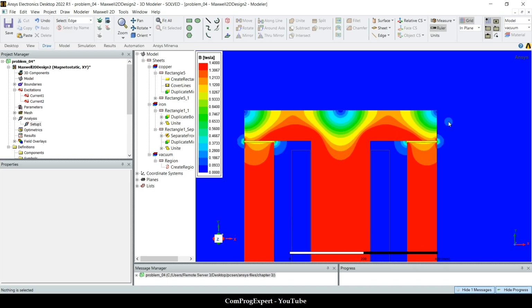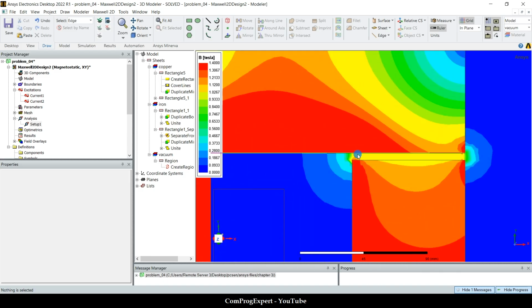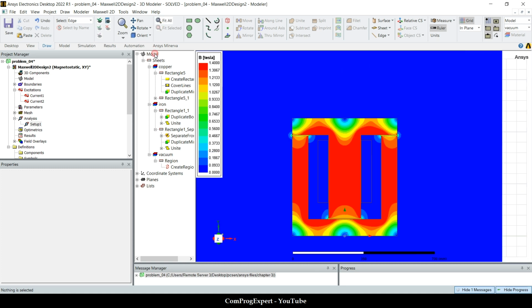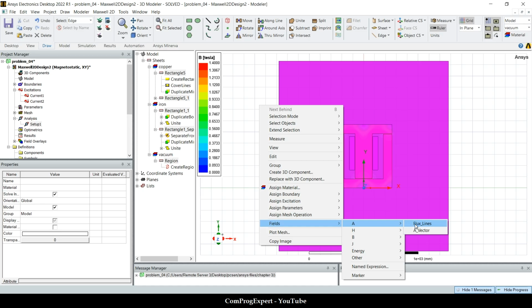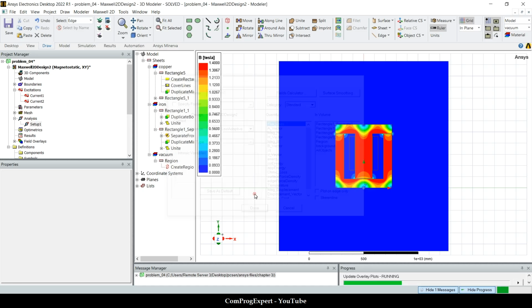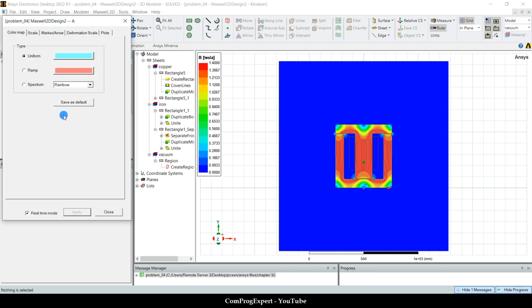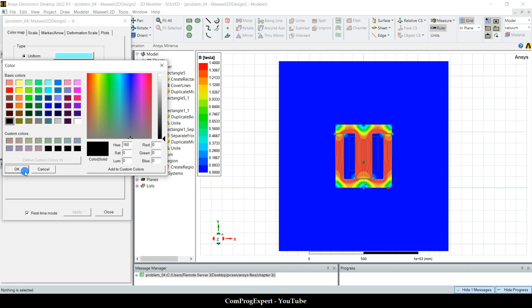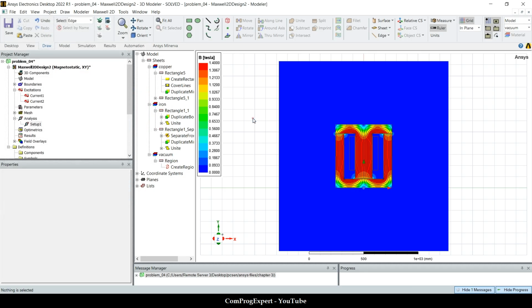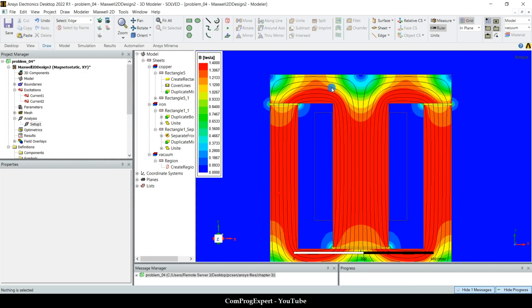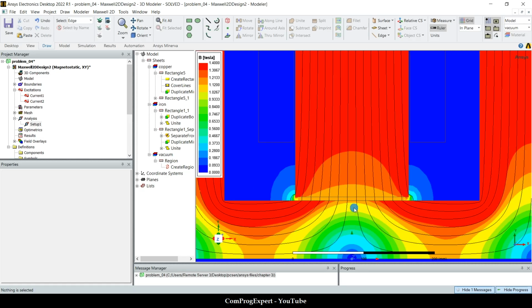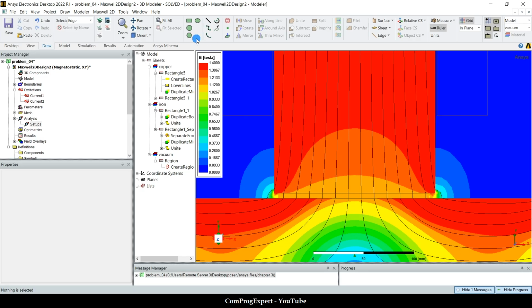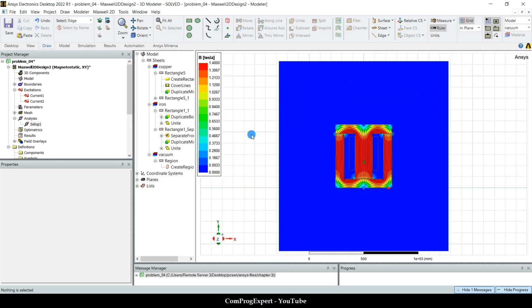Also, we should plot the exact value of the By that we have. So let's plot flux lines inside the structure. That is actually a good visualization in this case. Flux lines. So how can we plot the magnitude of the B in the air gap? You know that. Let's delete B